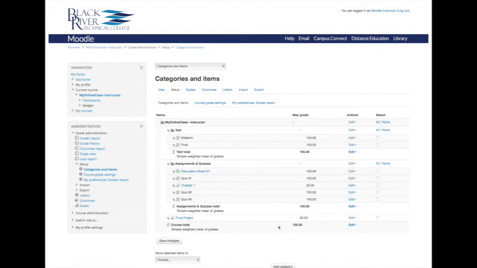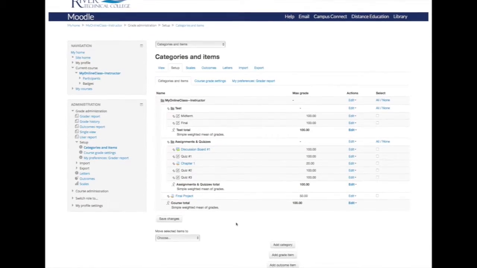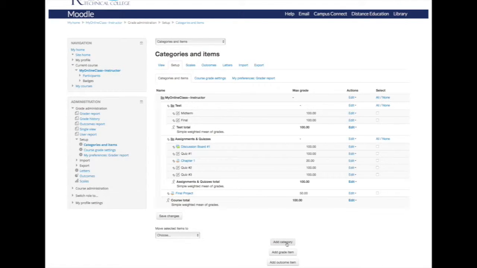However, if we add categories to our course, we can break down our grading items within further details. So as we can see, I've already added one called tests and put my midterm and final in there. And then I've also added one called assignments and quizzes and put all of the various assignments and quizzes throughout the course there. And then down here, we can see that I have a final project assignment that is not nested with any category. So if I scroll down and click add a category,